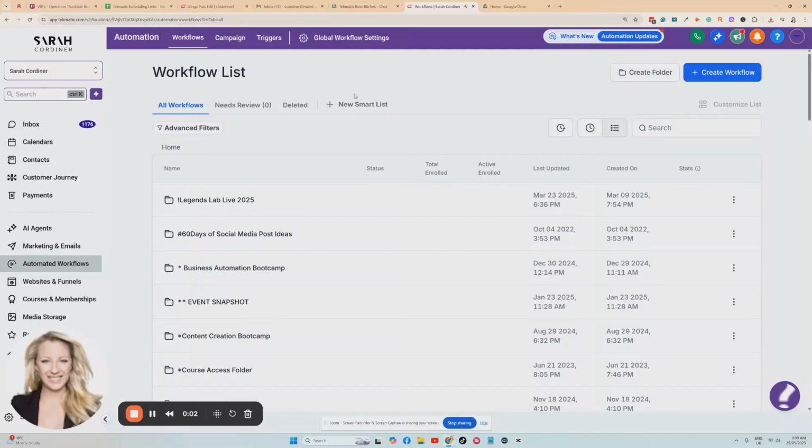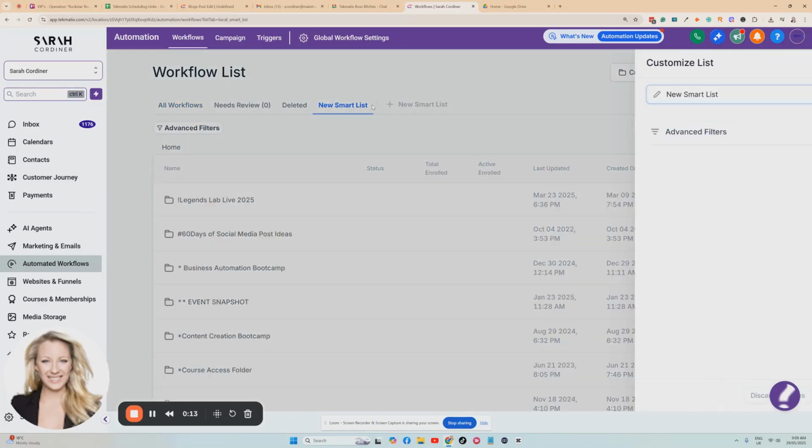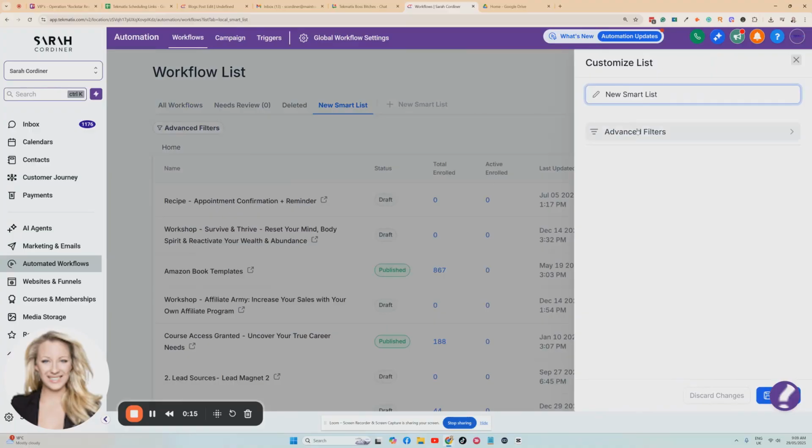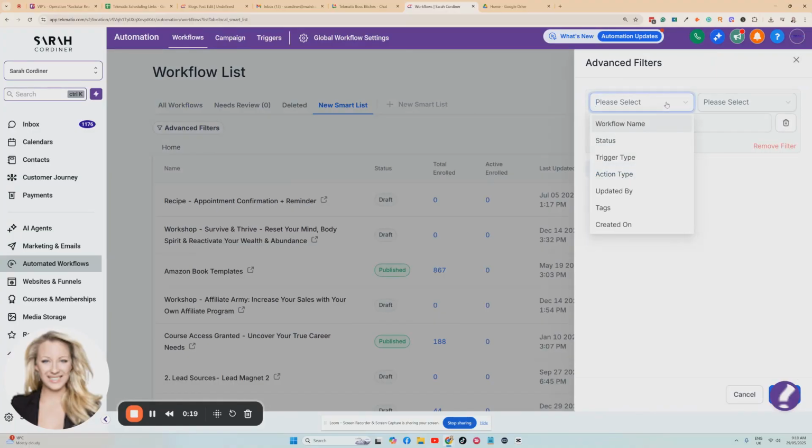How to better search through, filter, organize, and manage your workflows. We have a feature called Workflow Smart Lists. What this does is it allows you to search through your workflows based on particular features that might, for instance, trigger that workflow, or certain emails within the workflow, or whether your workflows are active or not. Basically, if you have got to the point whereby you have multiple workflows, this is going to really help you